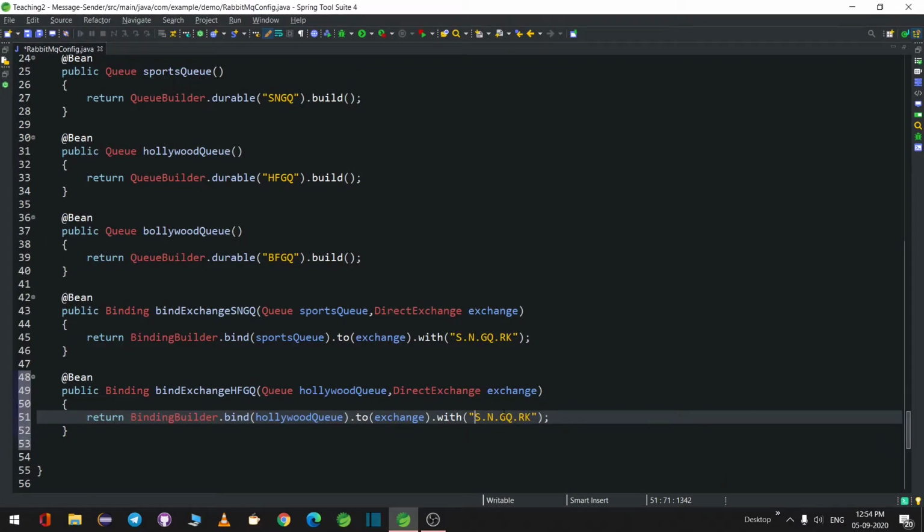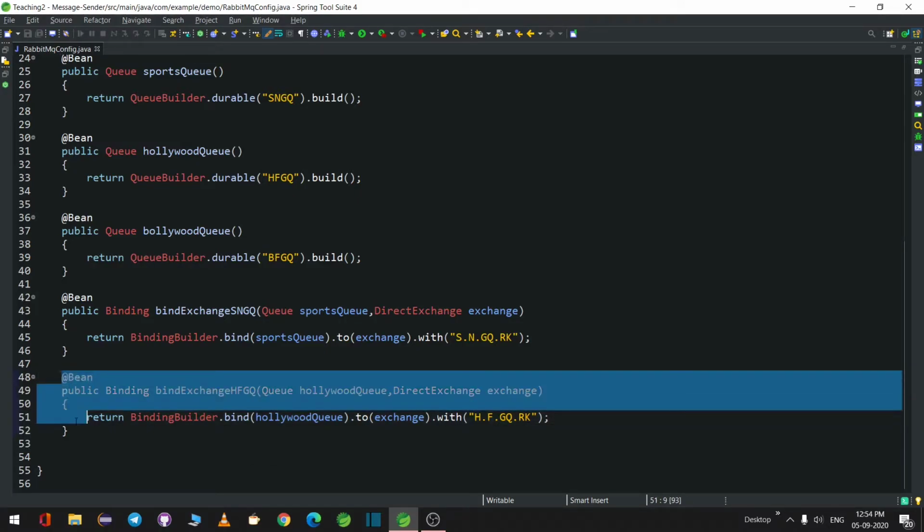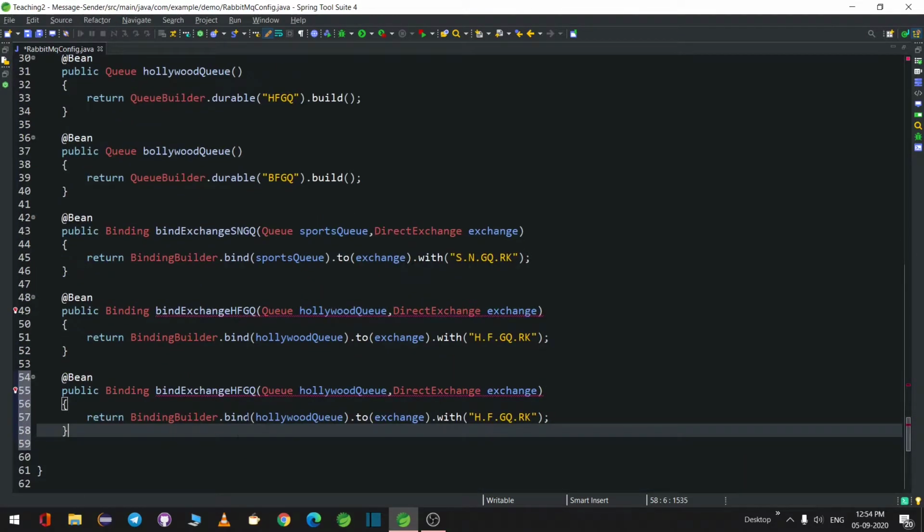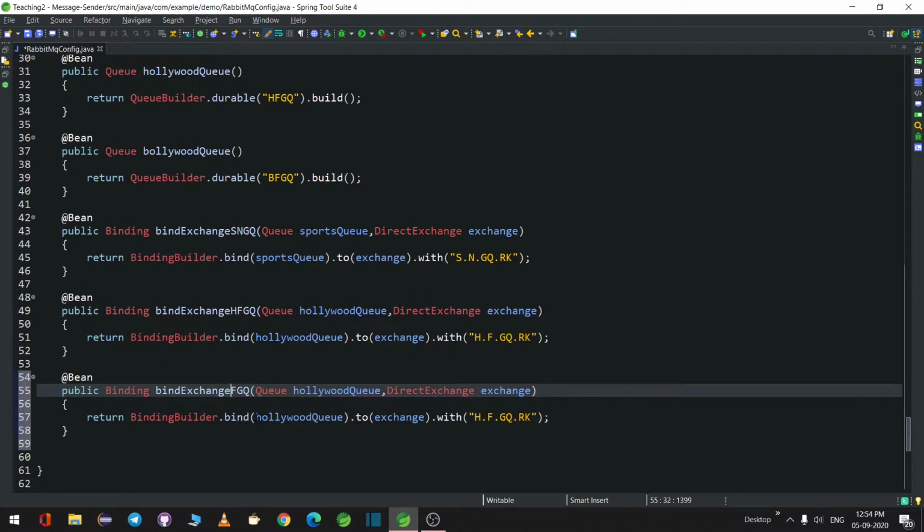We will give the same h.f.gq.rk. In the same way we'll do it for the Bollywood queue as well. So instead of H, I'll change it to B. Instead of Hollywood, I'll change it to Bollywood, and the same will be passed to this method.